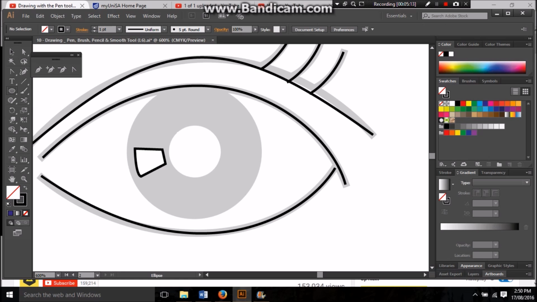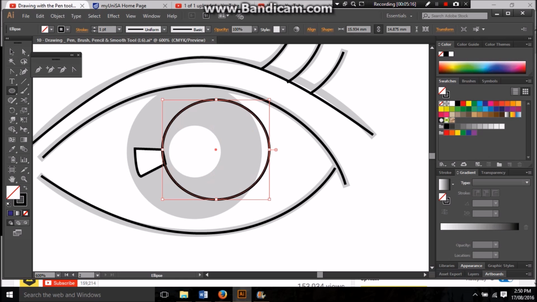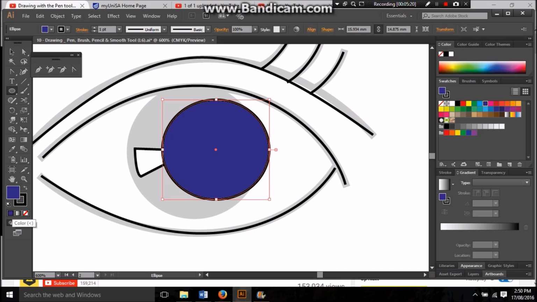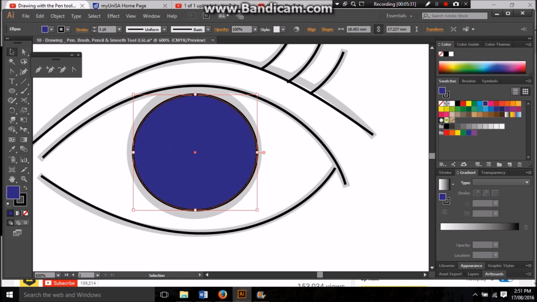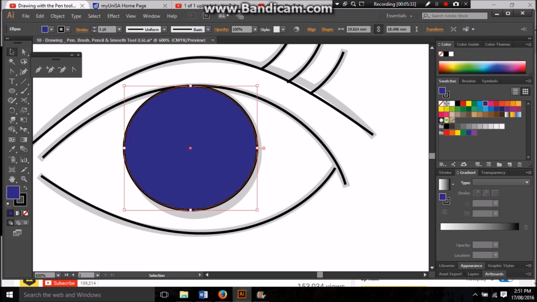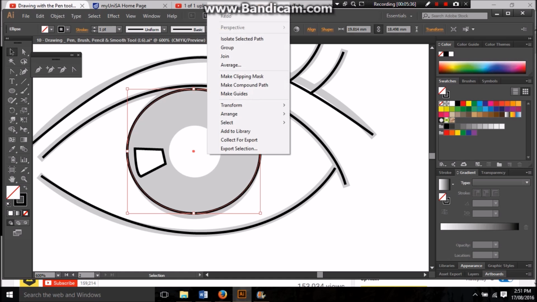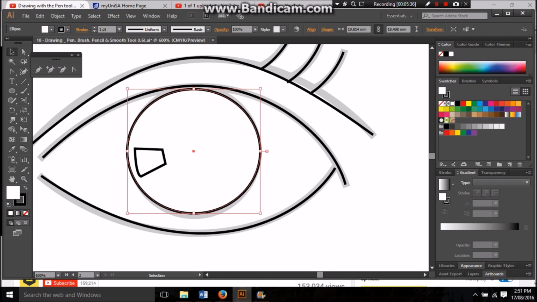Okay, we'll try that again. So ellipse tool, get that. There's no fill in that now, so we just want to get that fill, and we want to bring that over, scale it, so that's your shift button. You can remember, make that bigger, bring that in, and we're just going to send that to the back with that fill. Now we'll click that off, and all we do now is simply